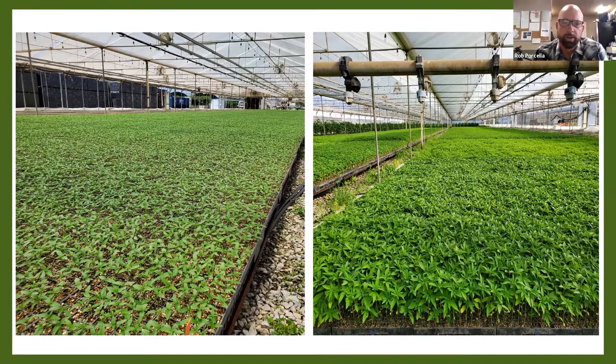They were not established. They were prone to early flower. We had varieties where I would say 30% of them went into early flower, which made it very difficult come harvest time and actually passing the compliance testing. We ended up removing a lot of the plants for fear of failing our compliance testing. We just tried a number of different varieties, and this variety here, I'm not sure which one we're looking at here, but